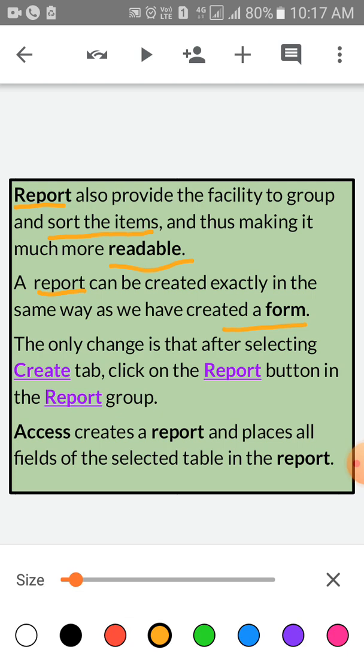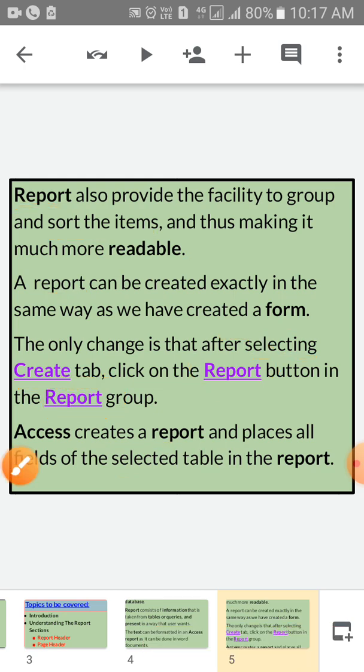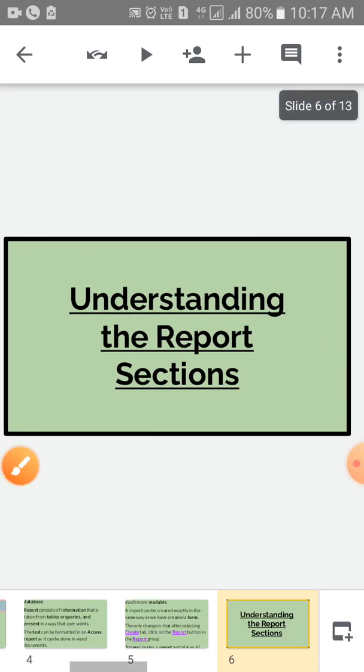The only change is that after selecting the Create tab, click on the Report button in the Report group. Access creates a report and places all the fields of the selected table in the report. Okay, children?